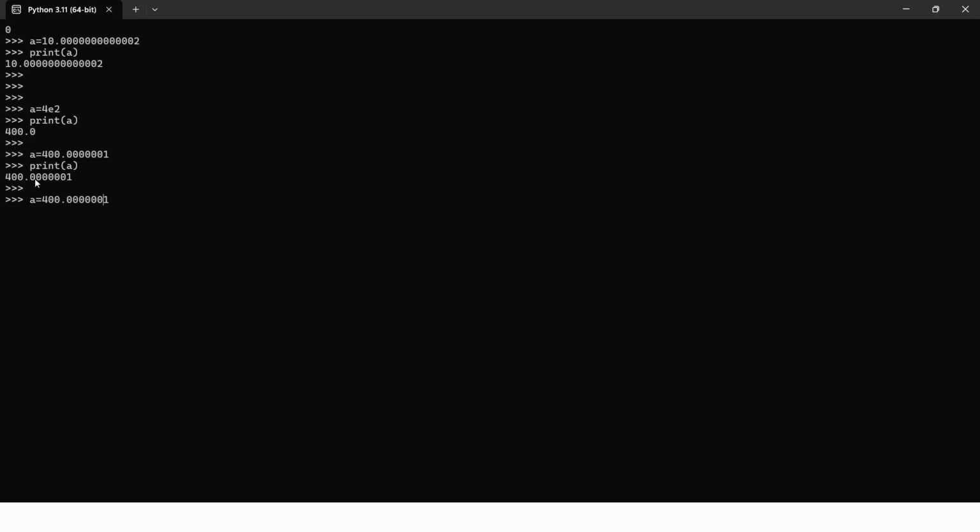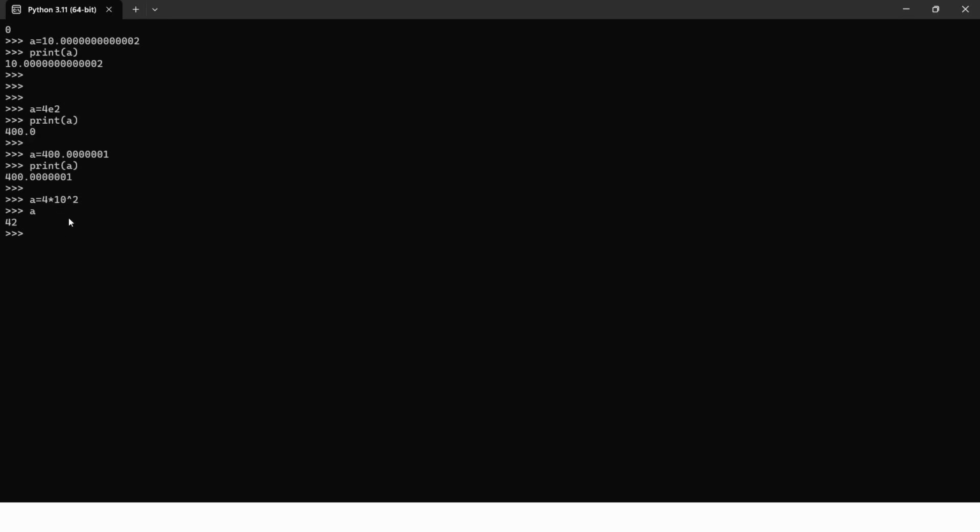Basically, if I write something like this also, 4 multiplied with 10 power of 2, okay. So if I use this, obviously it is 4 into 10 power of 2.